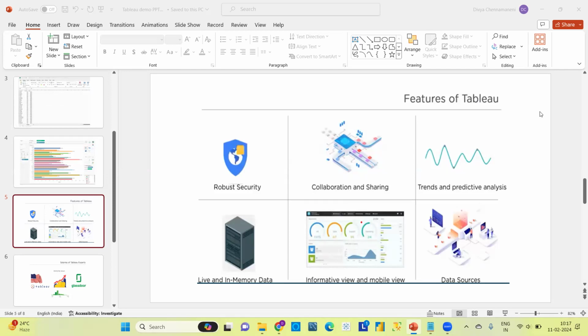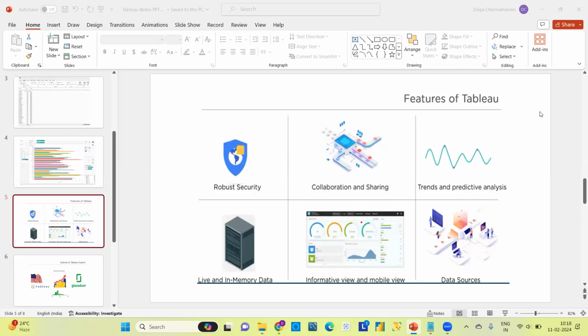The second is collaboration and sharing. Suppose you created some Tableau reports in your project, and after creating them, you want to share the report with your manager or clients. How will you do that? There is a Tableau product called Tableau Online. You need to log in to it, and you can share all your reports with anyone.